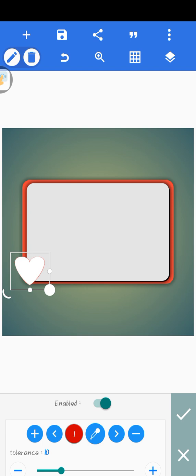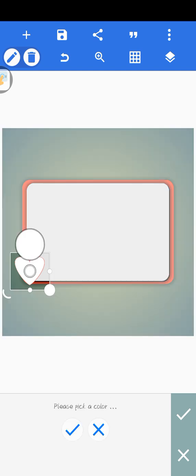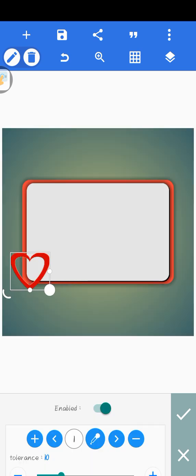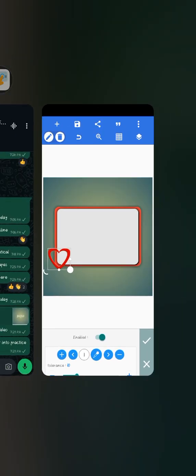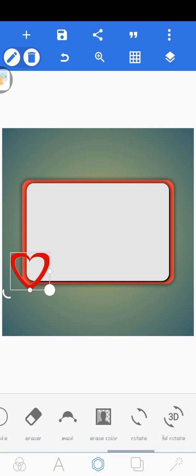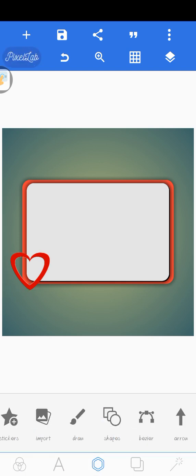But if I'm not picking that, I'll come back to pick my white. You see, then I click on it. So it picks the white and it cleans off the white. It erases the white color. So now, when I've erased the white color, what I want to do now is